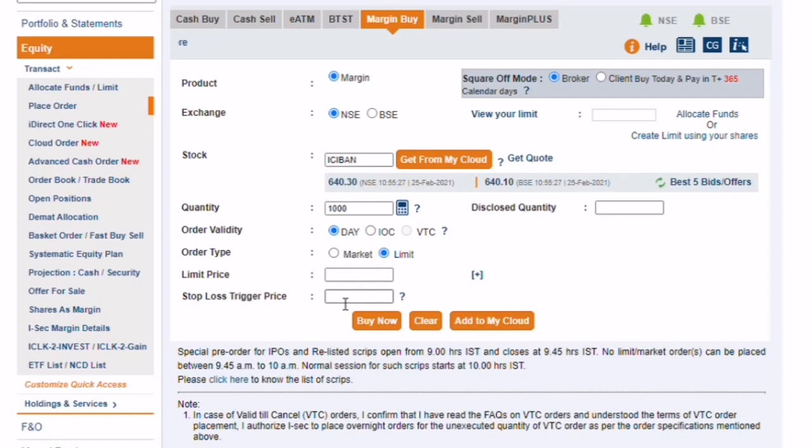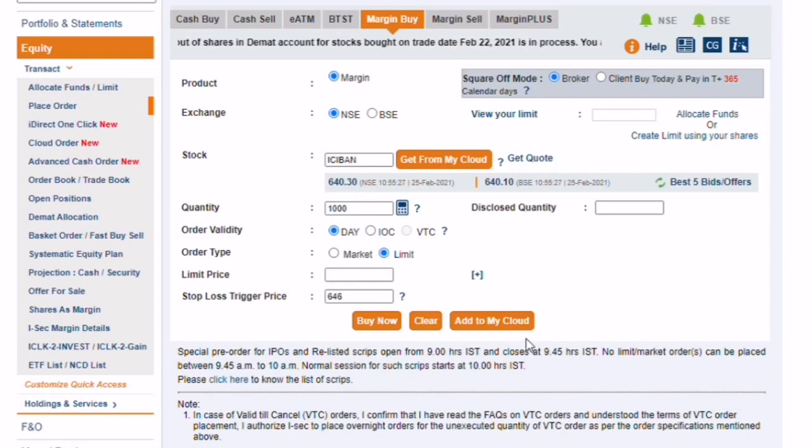In that case you need to put 646. So you're saying that if the price reaches 646, this order will get activated.